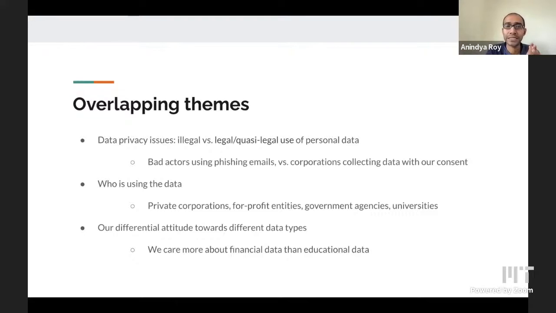So one is the clearly illegal use of this data, which for example we are finding here, like the data being stored with inadequate security measures, and that's leaking out. Or there are hackers, there are phishing emails, and all ways of illegitimately getting access to your data and your records and financial records and other things.